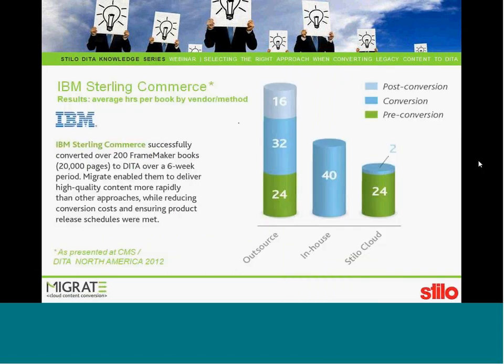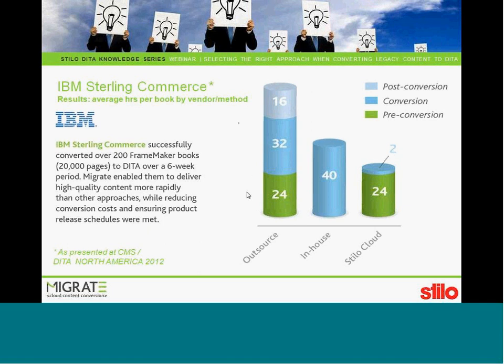Now, we'll share some metrics with you in two or three slides. The Migrate service was actually piloted by the Central ID Tools team, and they recommended it for use at IBM Sterling Commerce when they acquired Sterling Commerce two or three years ago. And this slide shows metrics which IBM Sterling Commerce actually collected in converting content. We did a joint presentation with them at CMS North America, and so we can show this slide, and another slide, quite happily. But what the slide is showing is